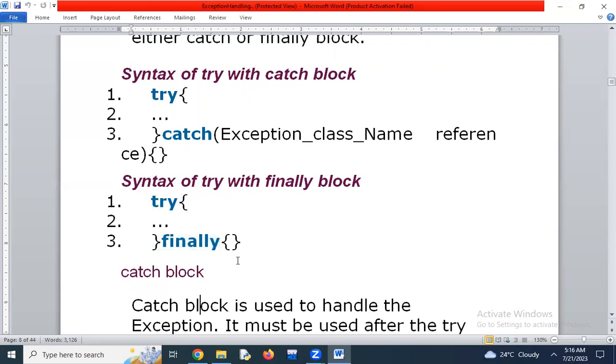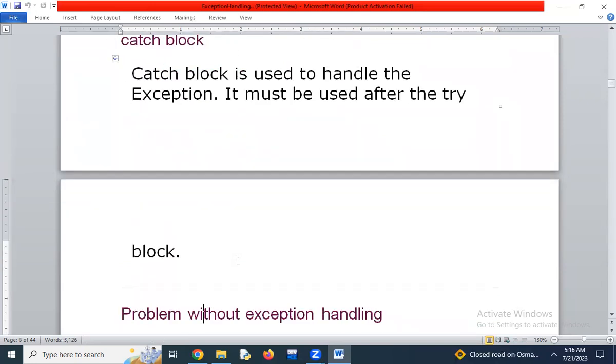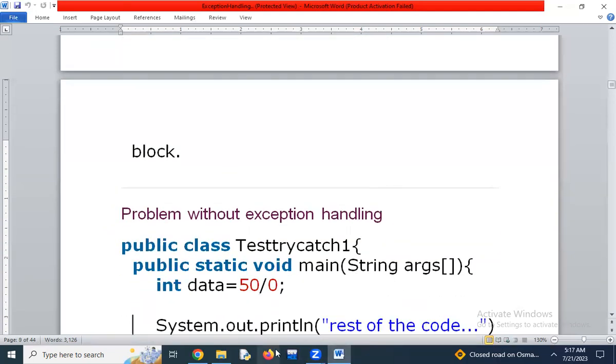The catch block is used to handle the exception and must be used after the try block. Next, I'll write one program here.